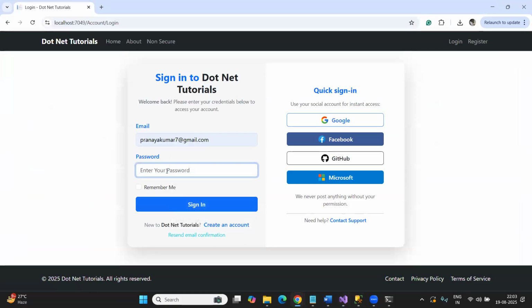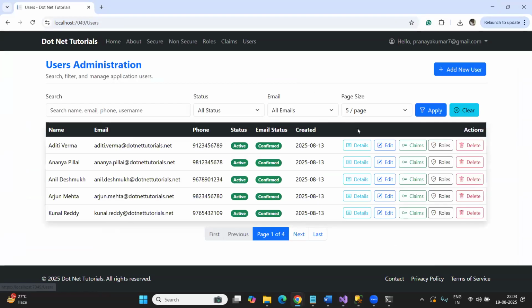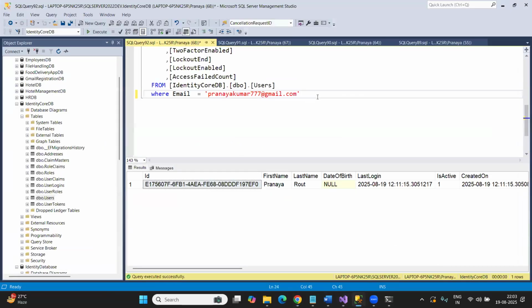Pranay Kumar 7. Okay, so this is my admin. Pranay Kumar 7 is admin, and Pranay Kumar 777 is also one user. So first of all, let me go ahead and delete this user. Delete from,